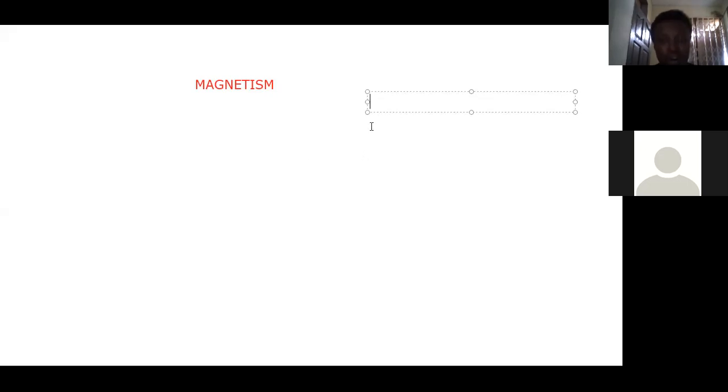So we said the ferro. Based on the nature of magnetism they exhibit, substances may be grouped under ferromagnetic, diamagnetic, or paramagnetic. Here we are talking about ferromagnetism.